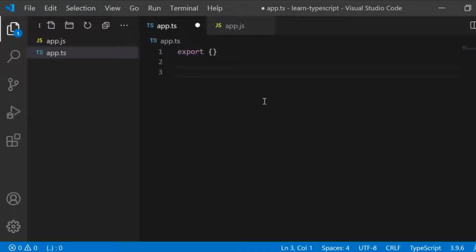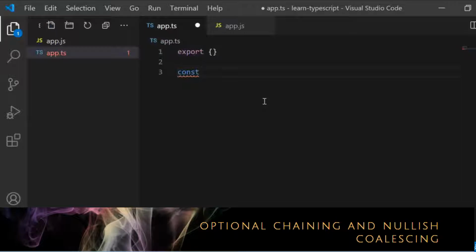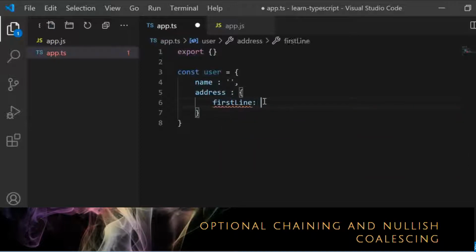Let me create a fresh new object here, user, and maybe a name, and an address, which is one more object inside that, with a first line and maybe a city, an object which has multiple properties.